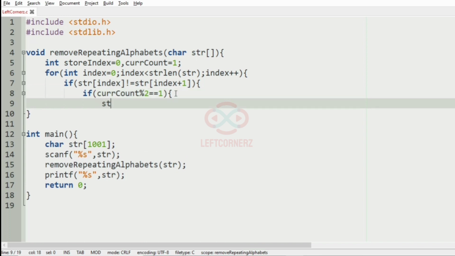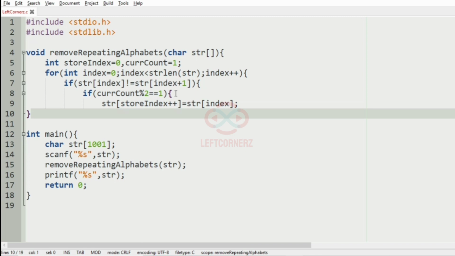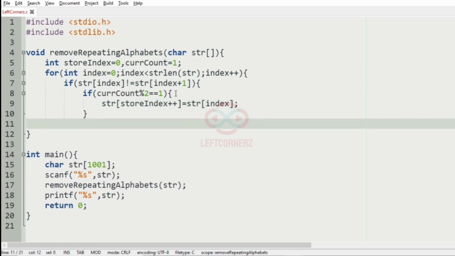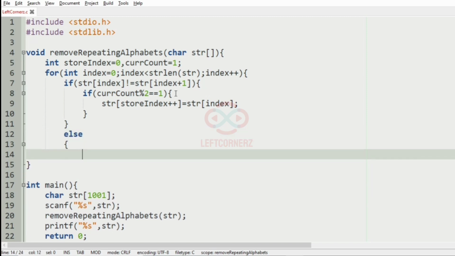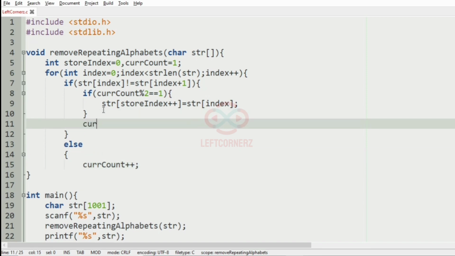So if it is odd, we are going to store the str in the store index plus plus, and in the else part we're going to increment the current count by 1, and here the current count will be equal to 1.